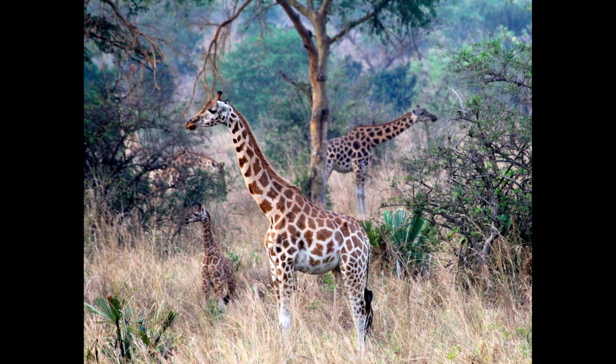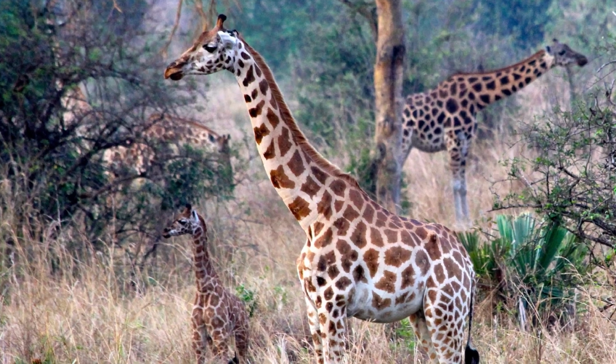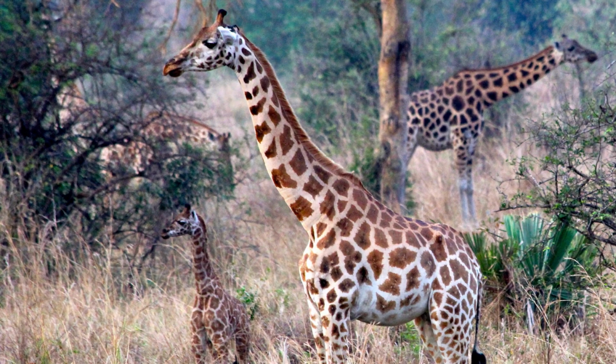So cool. And it was so well needed at that time in my life that I still look at it in awe thinking, gosh, I was actually there, and I saw this instead of going to the zoo. I go to zoos and I support them, but to see them in their natural habitat. And it's so cute because the grandkids will come up and we always say, can you count how many giraffes are in the photo? So then they'll look, because there's some hiding, you can kind of see the little...